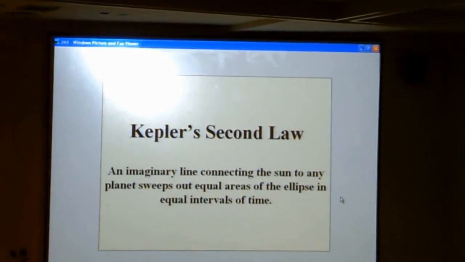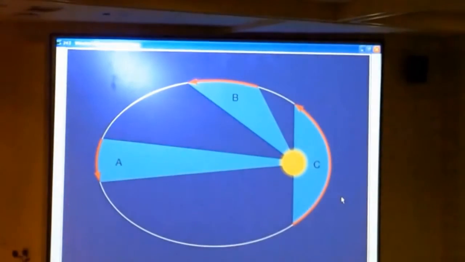Okay, it's hard to visualize, so let's draw it up here. We've got the sun, and we have an orbit. So a planet's going along this pretty eccentric ellipse. And I should state, the eccentricities of the planets are very small. You can't even see it if you look at the orbits, except maybe for Mercury, maybe for Pluto, and the